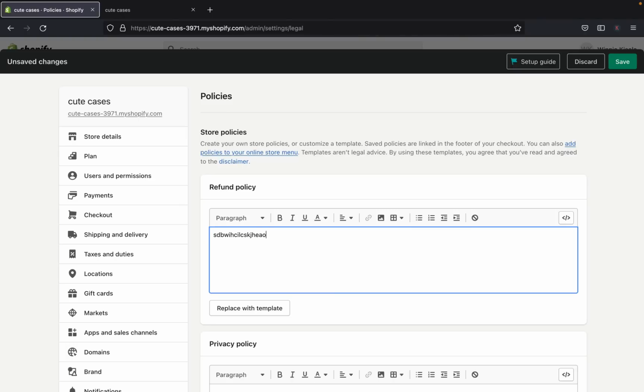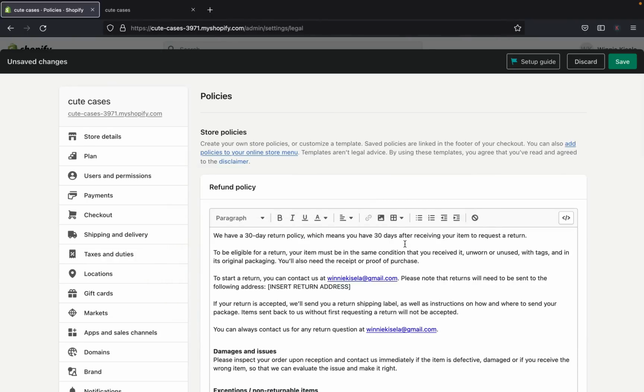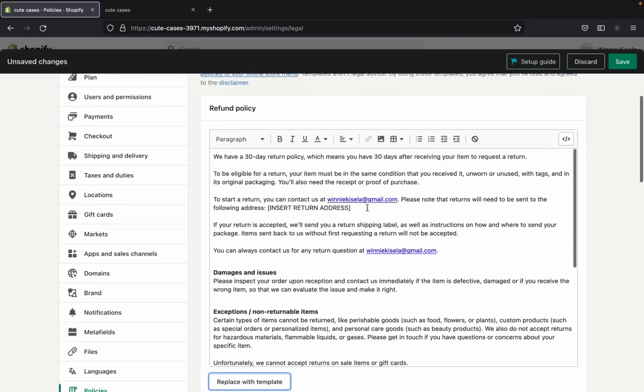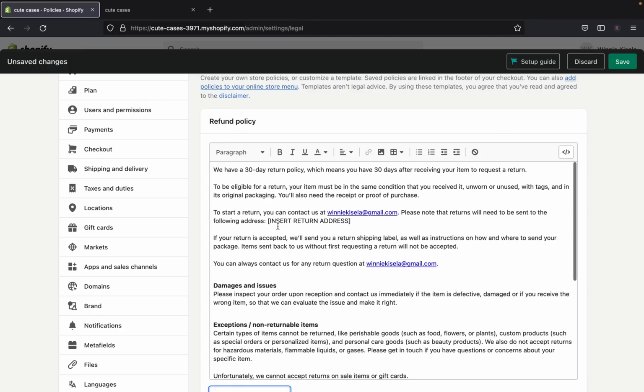writing your own. So you can type your own. If you have your policies, you can type them already, or you can click here where it says replace with template. When you click there, you're going to get a notification that your current refund policy will be replaced with these template contents, and then we are going to replace it. So basically this is what Shopify has already for anyone who wants to create their refund policy and stuff like that. This is the template from Shopify, and you can use it, but you have to be really careful about